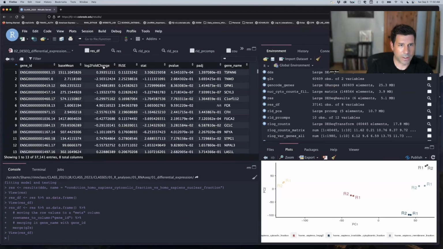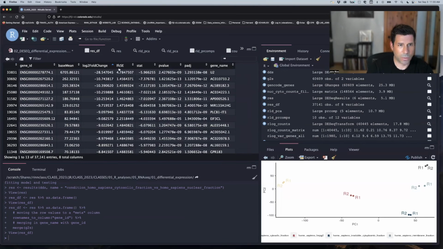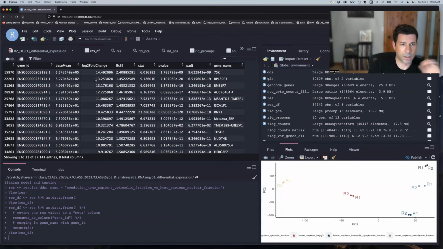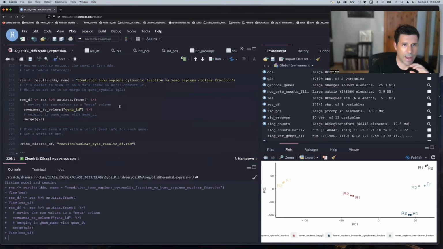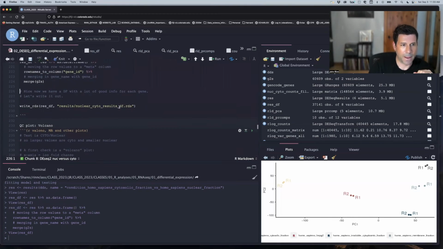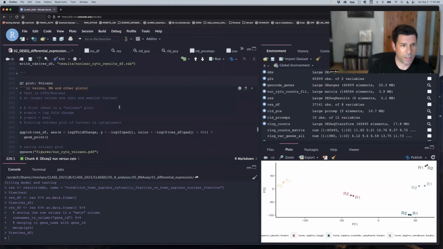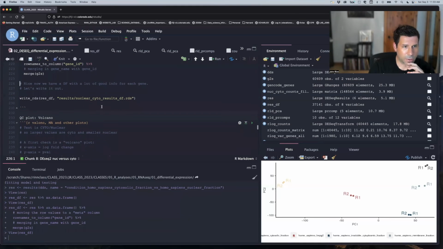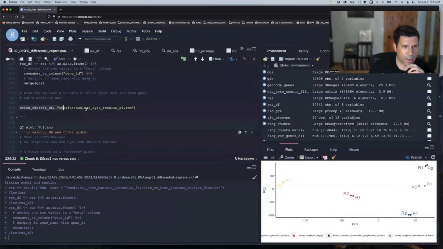And we can already start to see genes that are super nuclear would have low values because the nucleus is in the denominator. And U2 is one of the more nuclear genes there are. So this is cool. We're already starting to get good results, and we can see ribosomal proteins here as highly cytoplasmic, which makes sense. And you could spend more time looking into that. Okay, so we might want to write that out and save it for the future,